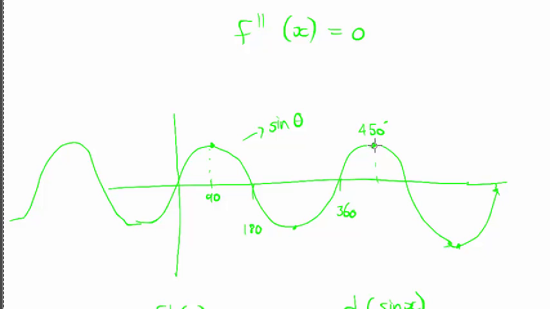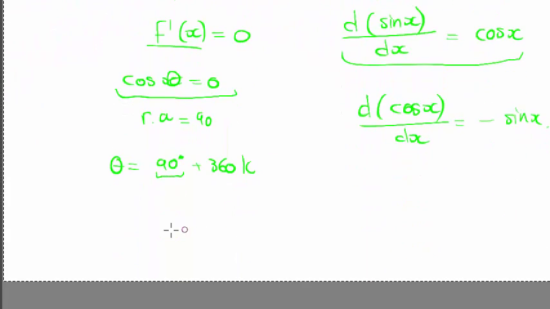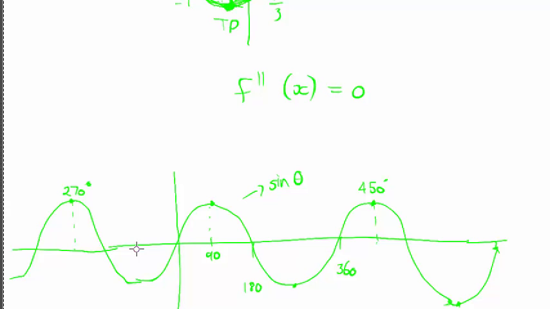450. There's another turning point at 450. If I subtract 90 at 360, I would have 270 degrees. That's the turning point on this side. Well, what about these ones? Well, you remember cos has two solutions. It has a solution theta equal to that, and another solution theta equal to negative the reference angle plus 360 times k, which means at negative 90 I'll have another turning point. There we go. Negative 90 I have another turning point, and each time I add 360 I'll have another